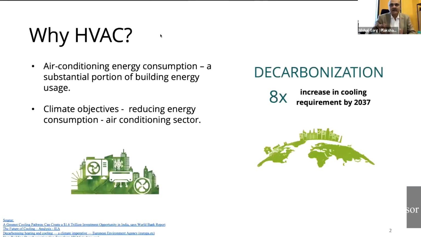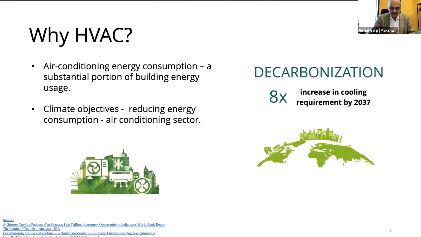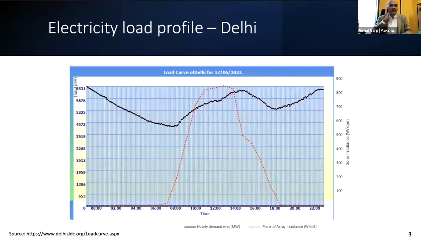So, we all know that HVAC is one of the major energy consuming parts in buildings, and especially we are worried about not just the consumption that's happening now, but the consumption that will happen in the future with the increasing use of AC in our buildings. So let us understand, especially in terms of decarbonizing it, if we want to use renewable, then how does it look like? What is our load pattern and what is the renewable pattern? How the PV